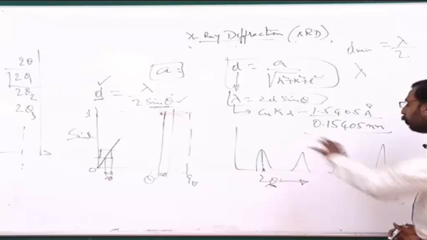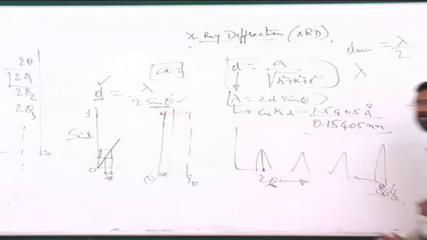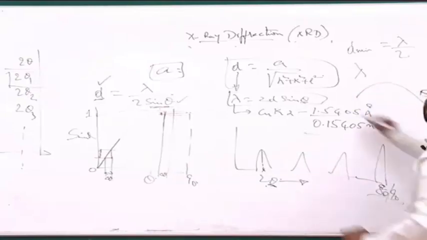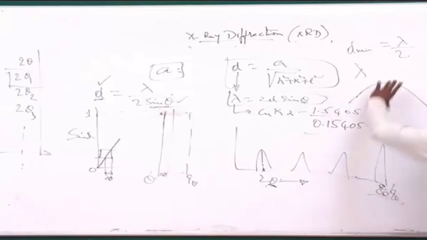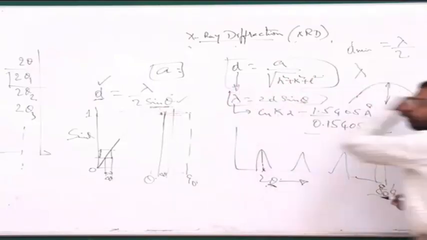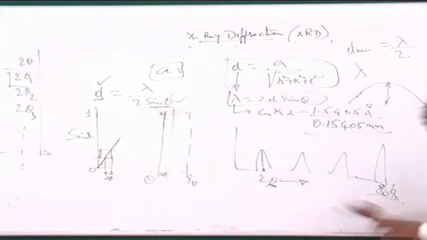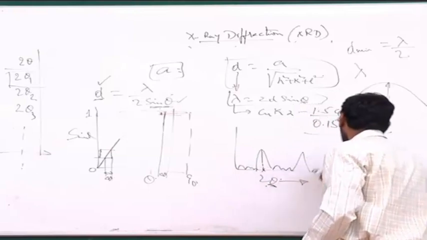As a result, the low index planes you will be able to see very easily, but for high index planes, the intensity is so small. They are so broad that the height is very small, and this height may even merge into the background noise. In every X-ray diffraction, it is not so plain. You will always see some noise.